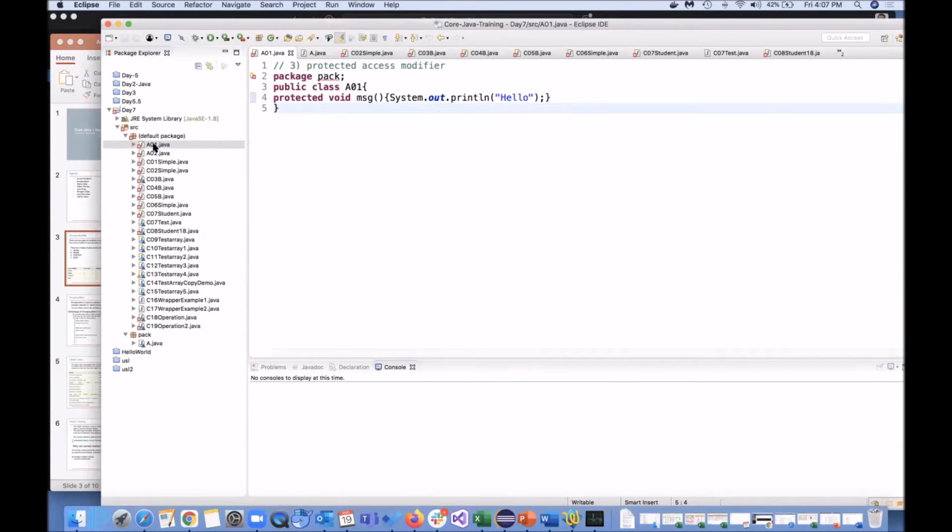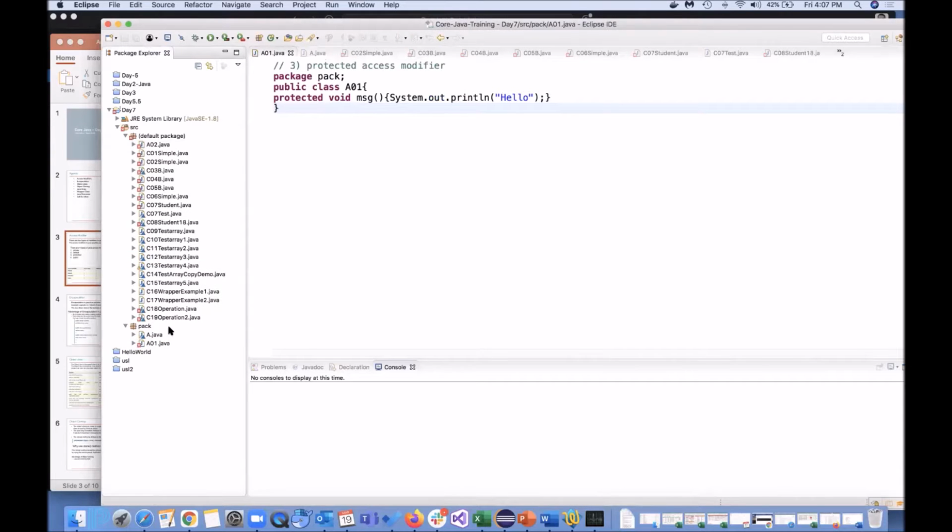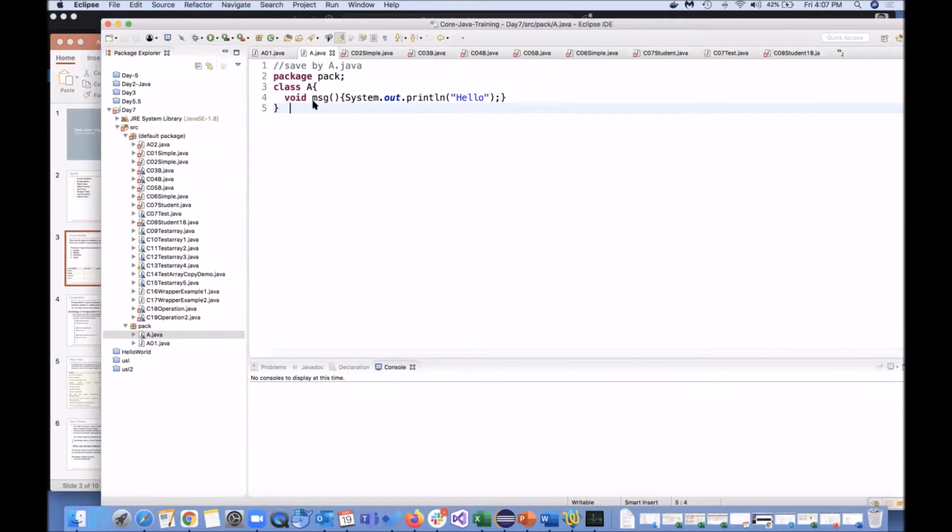So this also I will be moving to our pack, and that error got resolved. Okay, this is just a product class. We will be seeing where our main class is. From main class, we are going to call all this. See, this A also is having void message. This A01 is also having void message, but nobody is calling, and I cannot run this.